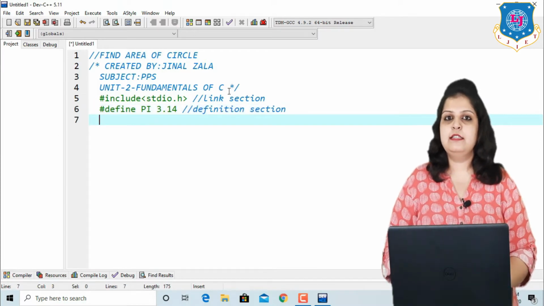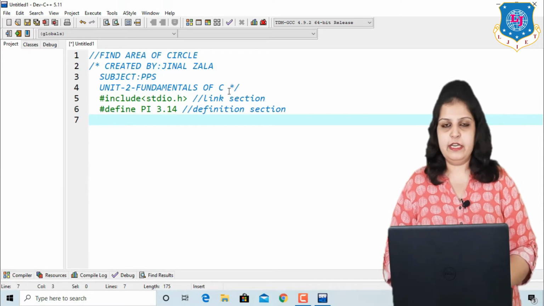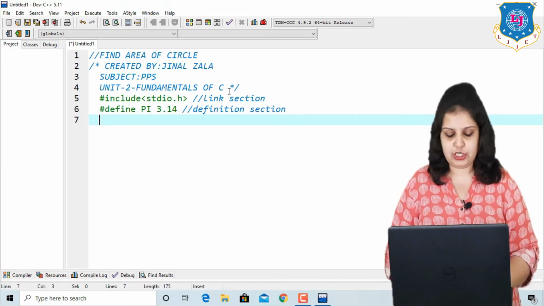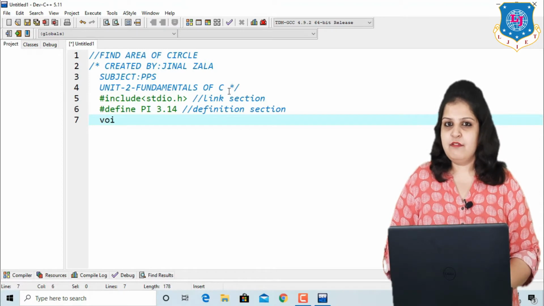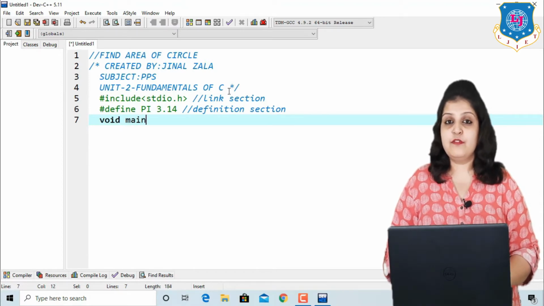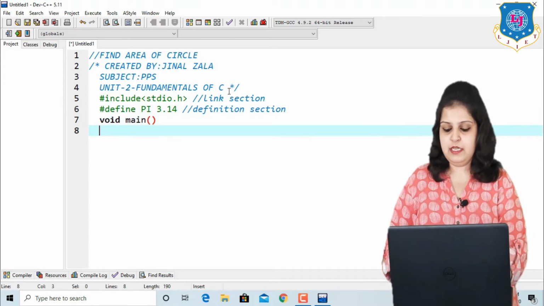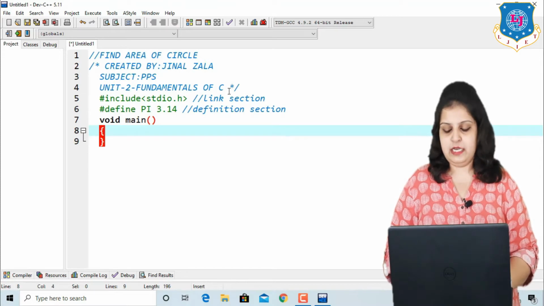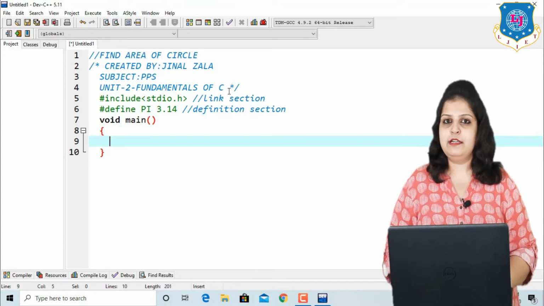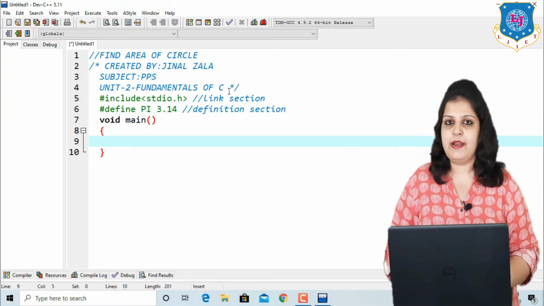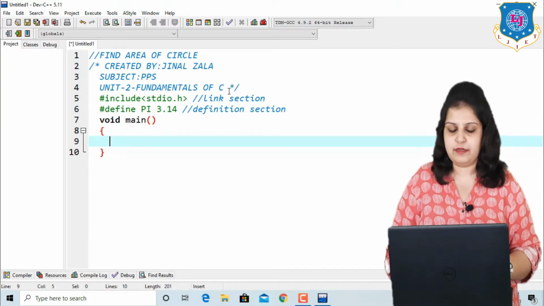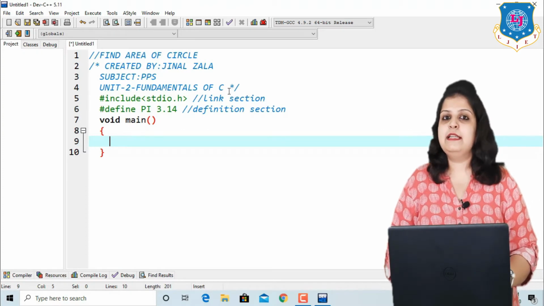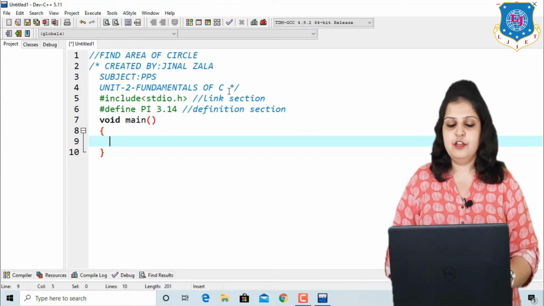Now next, global declaration is not required here. We have to use the main function directly. Every C program must have one function, that is the main function. So our coding part we have to write in the main function. So just write void main, then after it opening and closing curly brackets, and all coding part will be in these 2 brackets. Now the first part is the declaration part, and the second is the executable part in our main function. In this definition, find the area of circle.